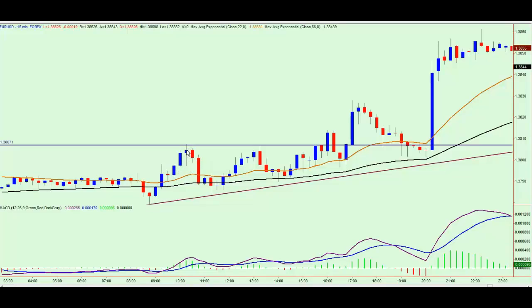So that was really it for the European Open, but then price continued to consolidate throughout the day, waiting for this news to come from the FOMC. How could we have traded this in the evening with the FOMC? Well, we could have just put a trend line across here and said, when the trend line's broken, we take a buy order, and price pulled all the way back down into this area, and then when it was broken,